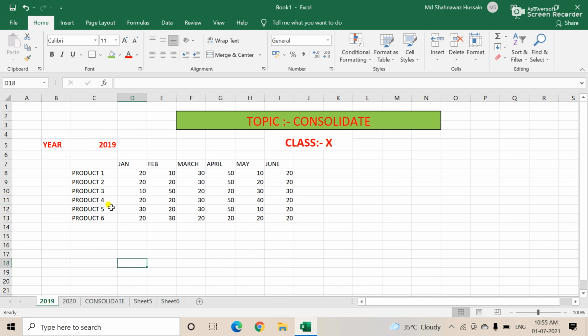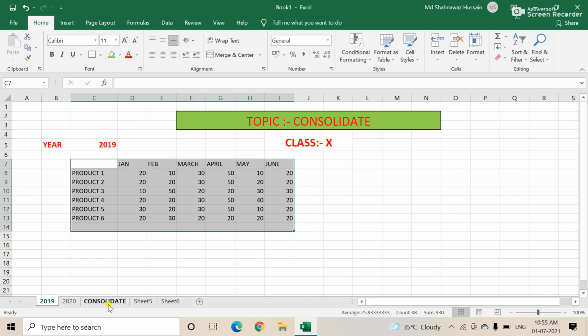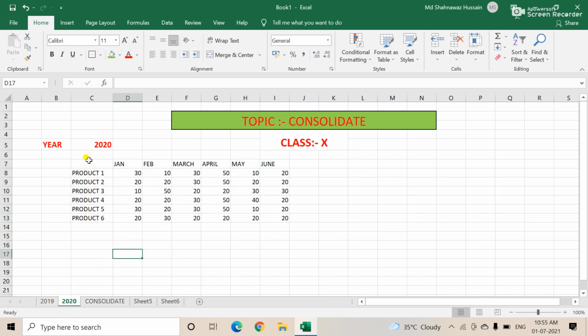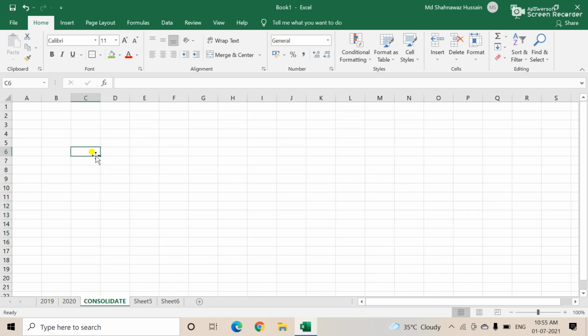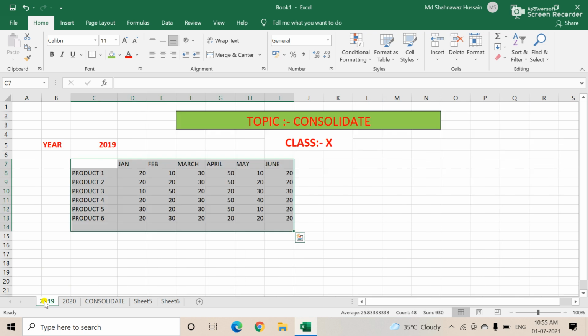We are going to add the data of the year 2019 and the year 2020. All this data we are going to merge in a particular area, which means in a new worksheet.